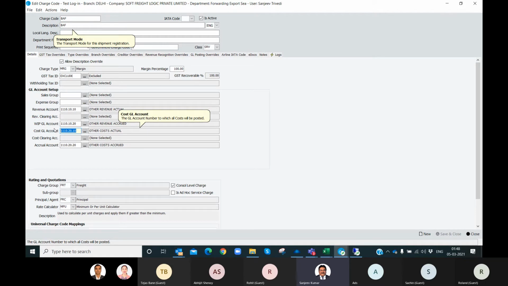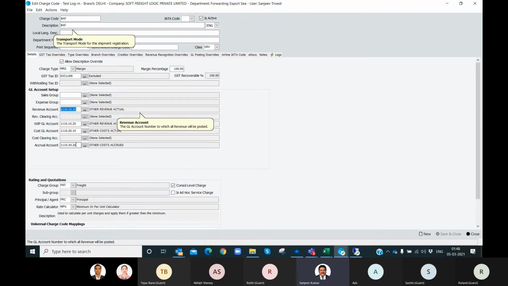WIP means revenue estimate. Once posted, it will switch over from this to this, and in the background the system is passing one negative entry against this WIP to nullify the effect of WIP, and the actual posting will be done.